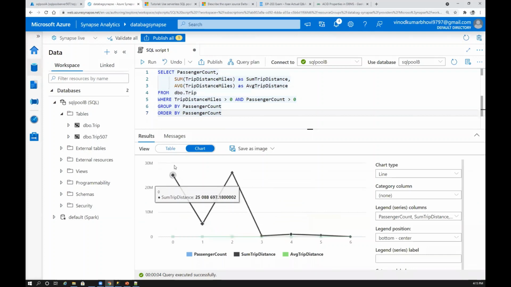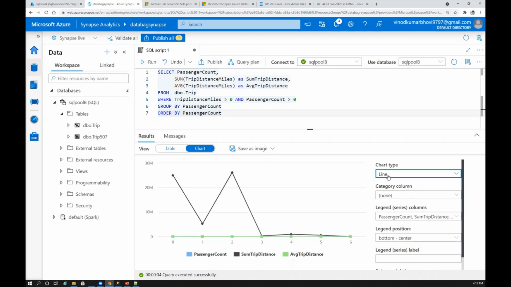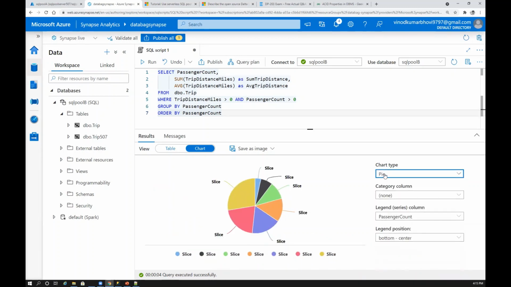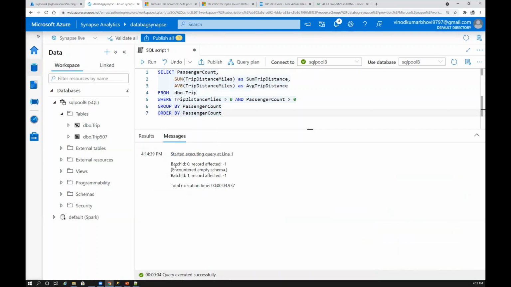And the thing I wanted to show is here on the chart, right? Here you have the aggregation data, and then you can see the aggregation data for this was around 25, and so on, here 5, here 26, so on. Okay, you can also change the type. You can go for area, you can go for column. So if you want to do some visual analysis, because you have huge data and you cannot really read it in table format, then you can use all these different options. I think it's a scatter plot between X and Y, and in X you have different dimensions again. And you can save this image in different formats, and you can also see the message here.